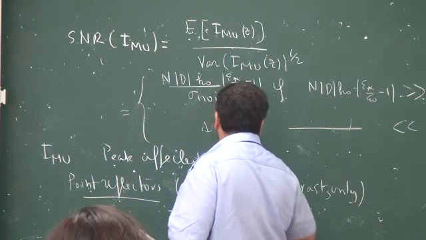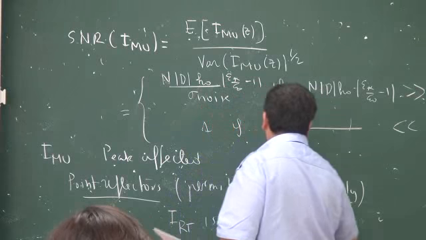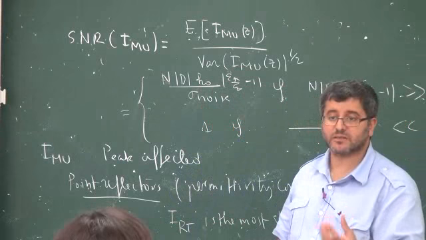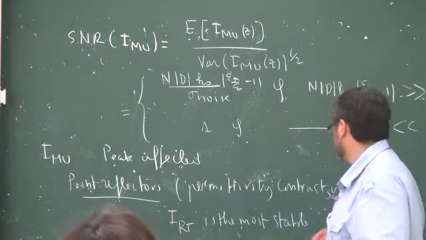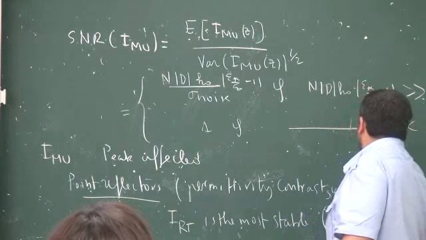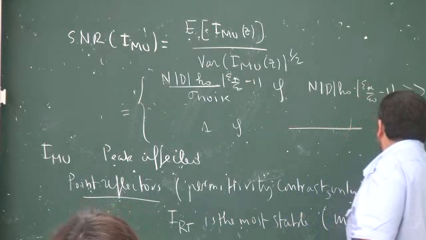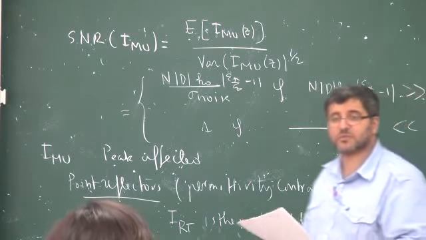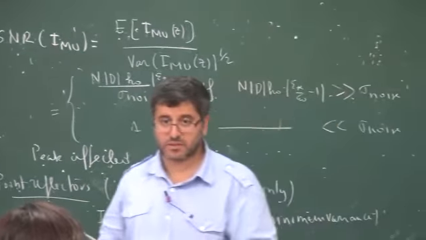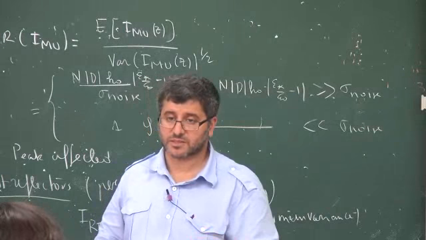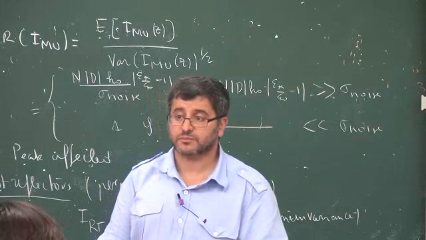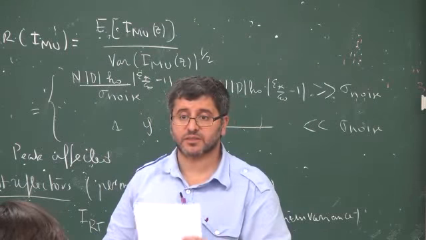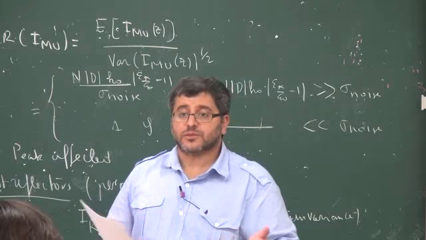Most stable in the sense of minimum variance. And this is for least squares problems. It's the same as maximum likelihood, because it's a least squares generalized solution. Okay. So minimum variance is this stability around the true solution.